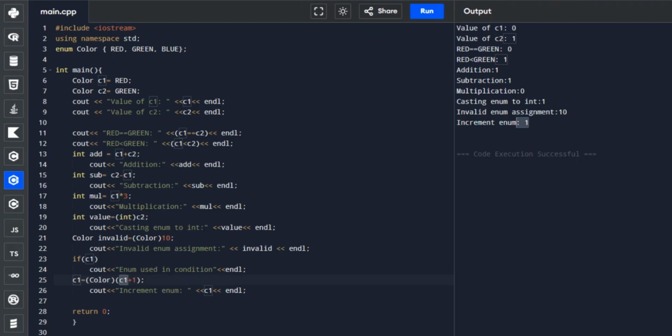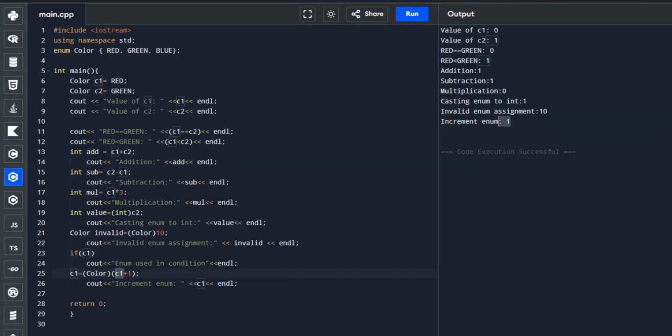Alright, so from the output, we can observe that C++ allows many operations on enumeration values because enums behave like integers. For example, arithmetic operations such as addition and subtraction, and even assigning an invalid value through typecasting, are possible.